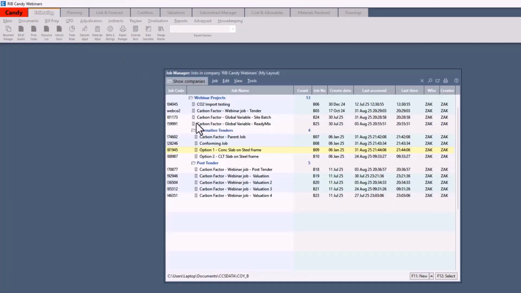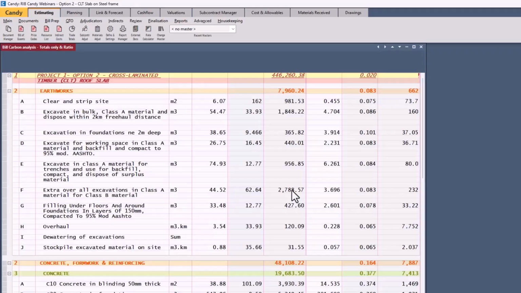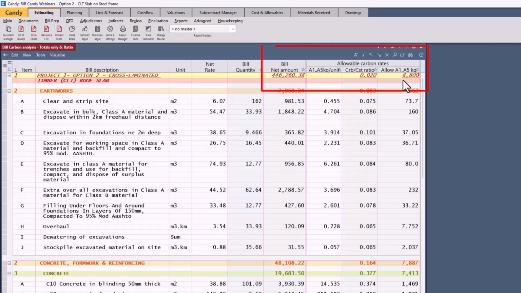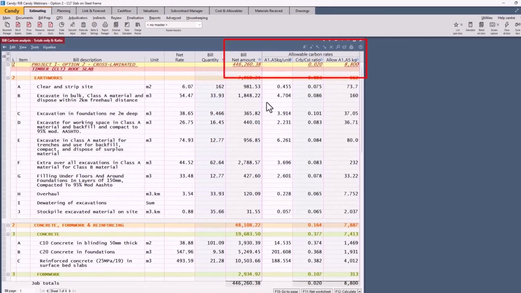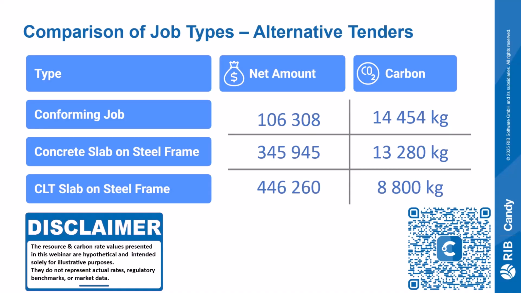So let's go back. Option 2 is created from the parent job. That's the CLT slab on steel frame. Let's go and look at the end result for the carbon. So there we have 8,800 for the carbon. It came down quite dramatically, but the amount went up to 446,260.38. In comparing the conforming job with option 1, the results indicate a carbon footprint reduction of just over 1,000